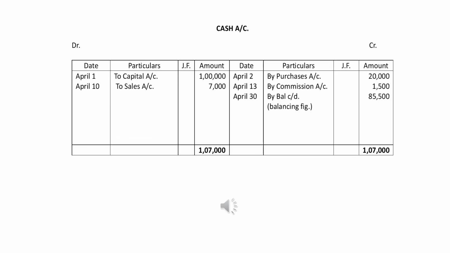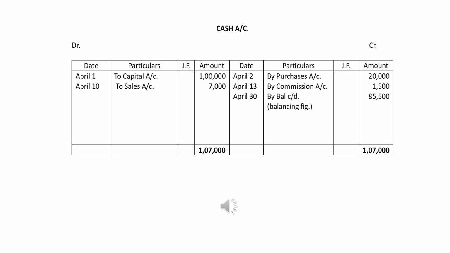After writing the totals, we need to calculate how much is credit side short of 1,07,000 rupees. For that, simply subtract the total of credit side, that means 21,500 from 1,07,000. That means in the credit side of cash account, the balance is short by this many rupees, because debit side total is 1,07,000 rupees and credit side total is 21,500 rupees. So we need to write 85,500 as balancing figure on the credit side,